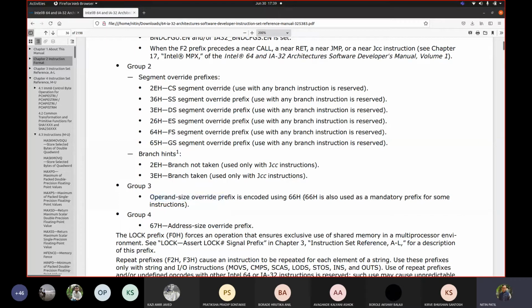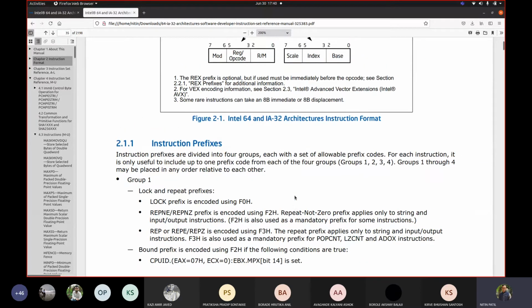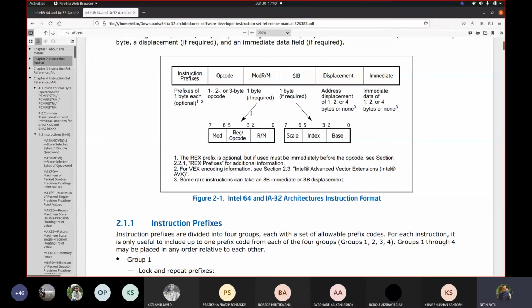We will use the instruction internals written in round brackets later. We are only going to take this operand size override prefix, 66H. So in your instruction format, the 66 was written: 66 B8 0A00. These are all optional in that scenario.